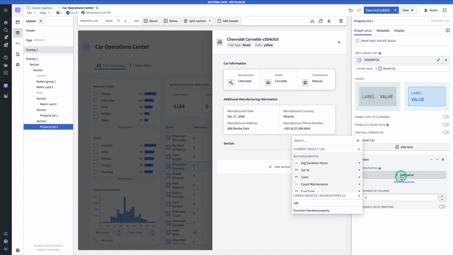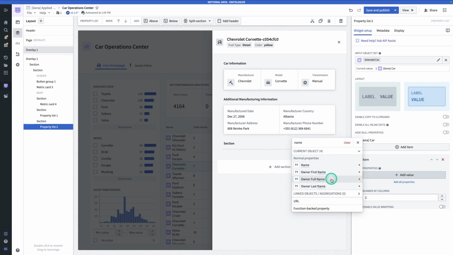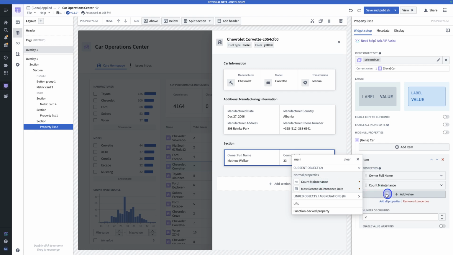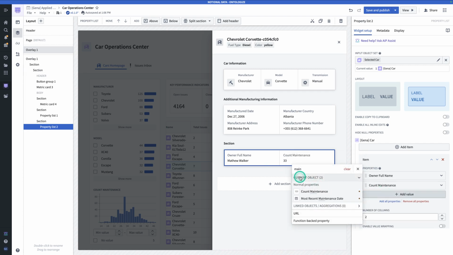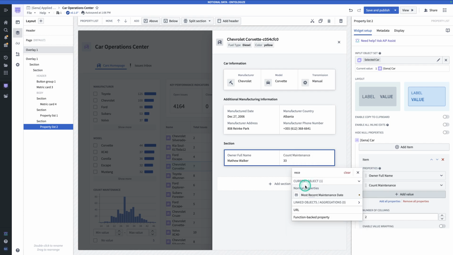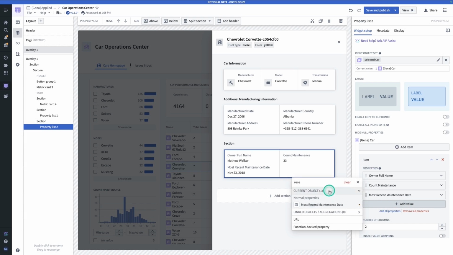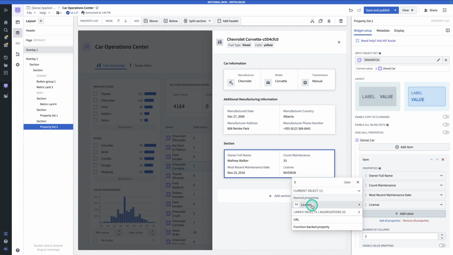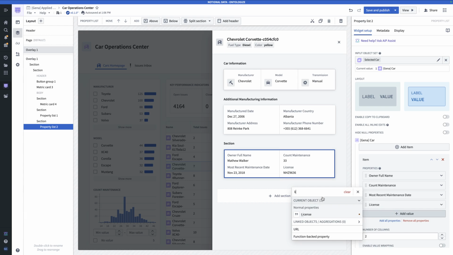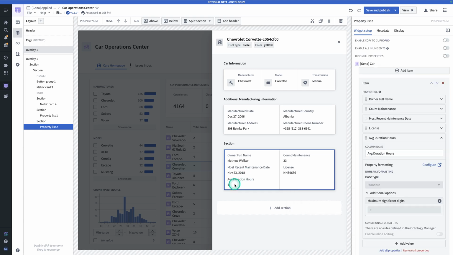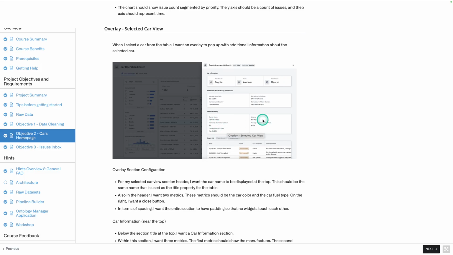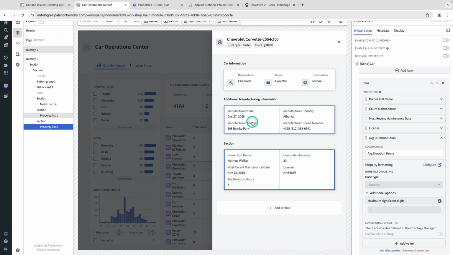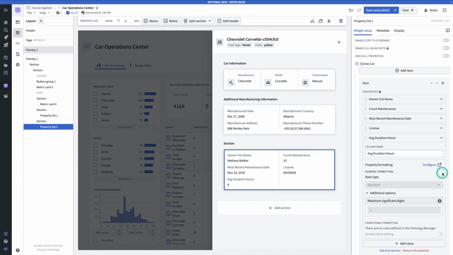So for the properties, we're going to add owner name, count maintenance, last maintenance date, so most recent maintenance date, license, and average maintenance duration. Notice how in the example, they display average duration hours with actually the hours unit. So see here. So the way that we can do that is from the average duration hours property, we can